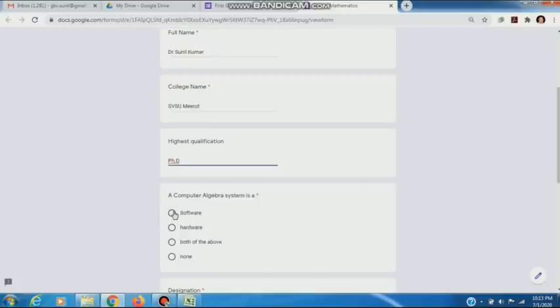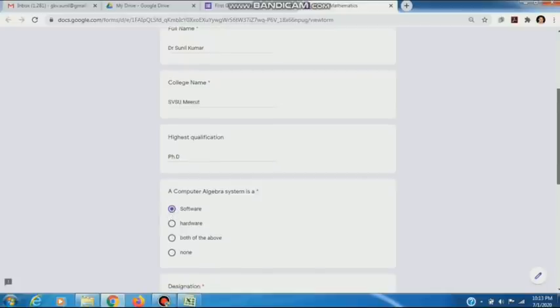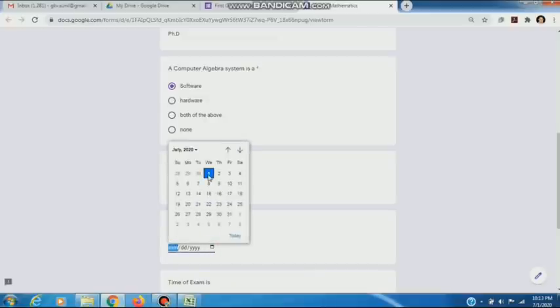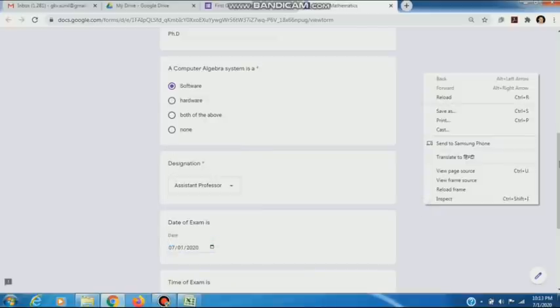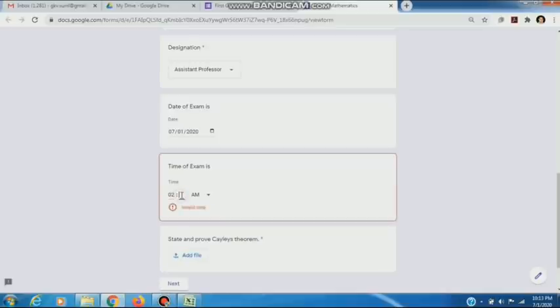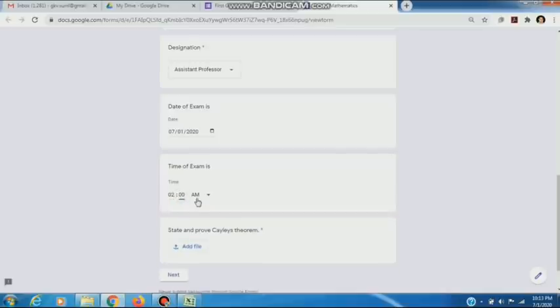A computer algebra is a software. Designation I will choose from here as assistant professor. Date of exam is suppose today's date. Time of exam is suppose 2 p.m. As we have given a question, state and prove Cayley's theorem,